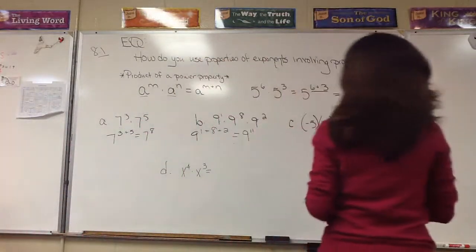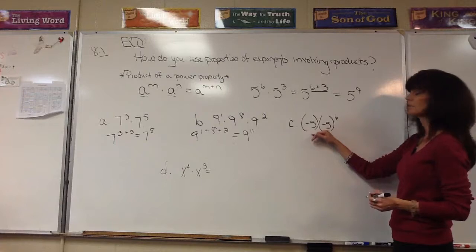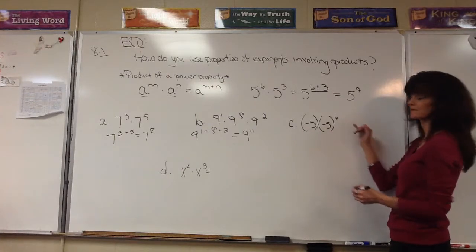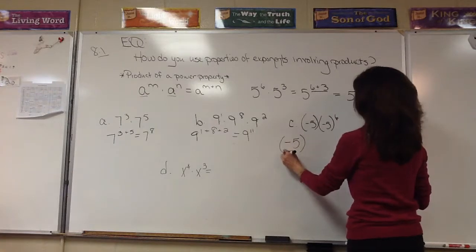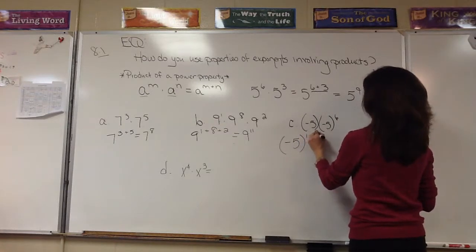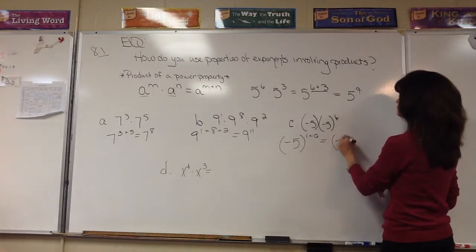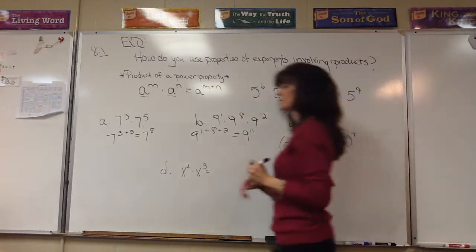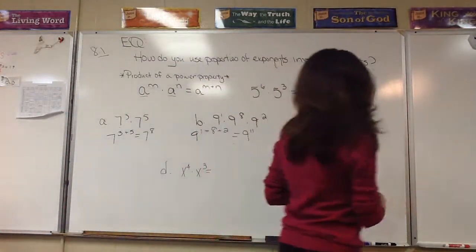Now I want you to notice here how I have negative 5 to the 1st power times negative 5 to the 6th power. So don't forget, we're just going to write negative 5, 1 plus 6, and that's going to equal negative 5 to the 7th power. And we would just leave our answer like that. Now anytime I raise a negative